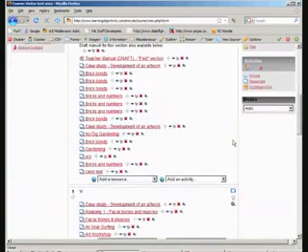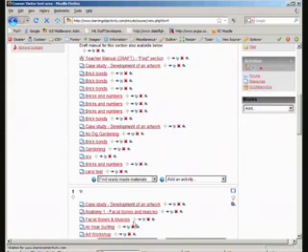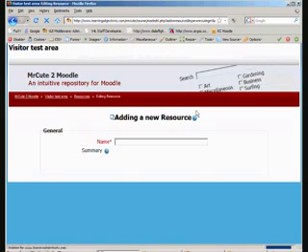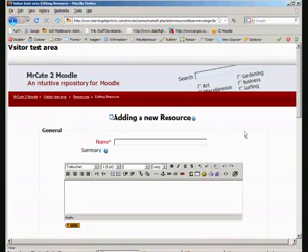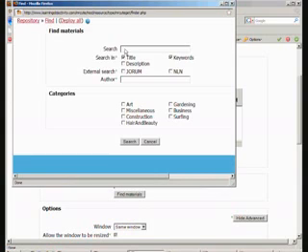So very briefly, we've looked at the ability to find materials in a local repository. Just quickly mention the Jorum repository. We're testing this at the moment, and we've been working alongside Jorum to develop this, and we've got just a very small test area available, and I happen to know that the only thing we can find in the Jorum area at the moment is called stuff. So if we search, click the Jorum box,